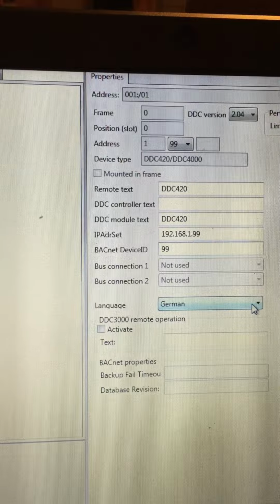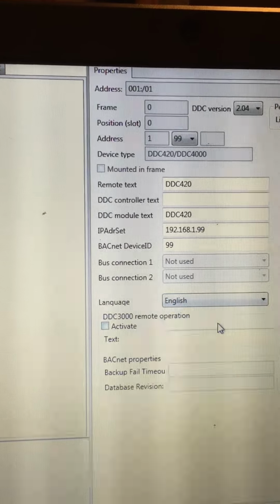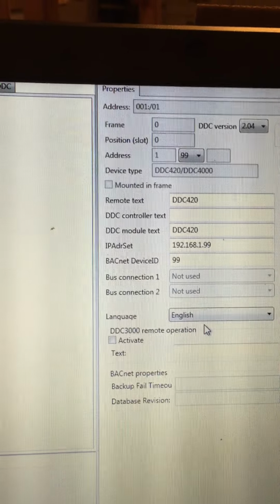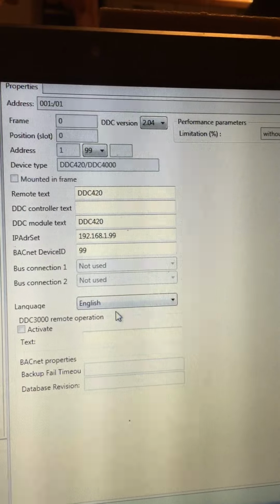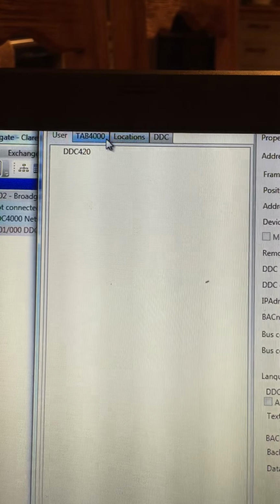I also need to commission the language of the controller to be English. If I don't change that, when I make my download it would go back to German. Okay, that's all the changes on that page. I don't need to make any more. If I go to the tab 4000 page,